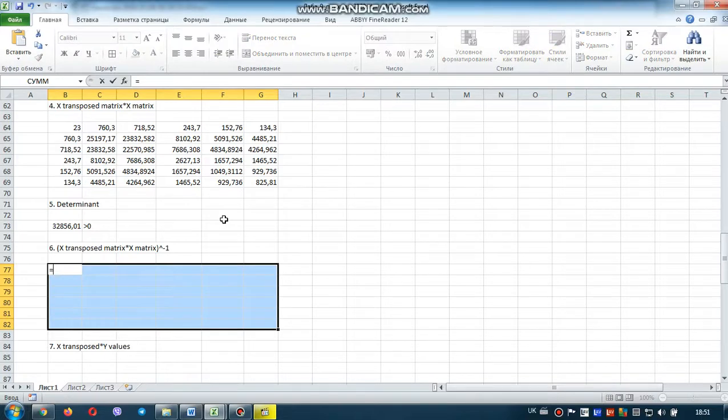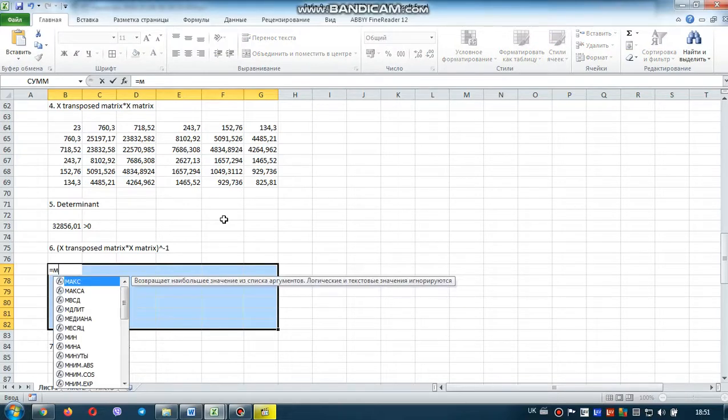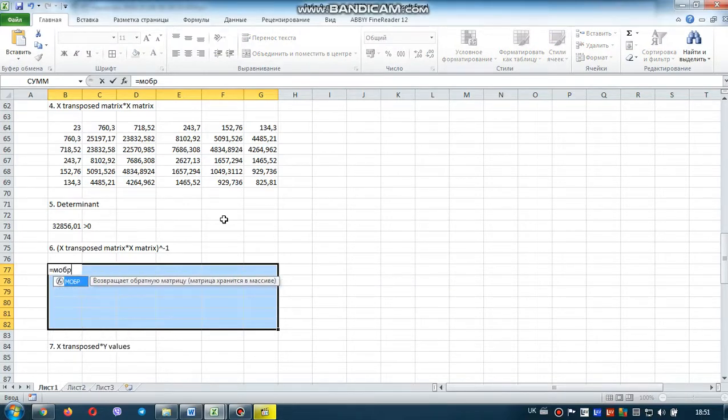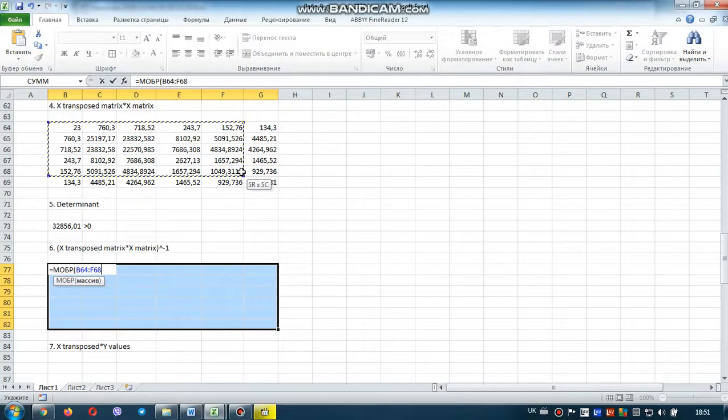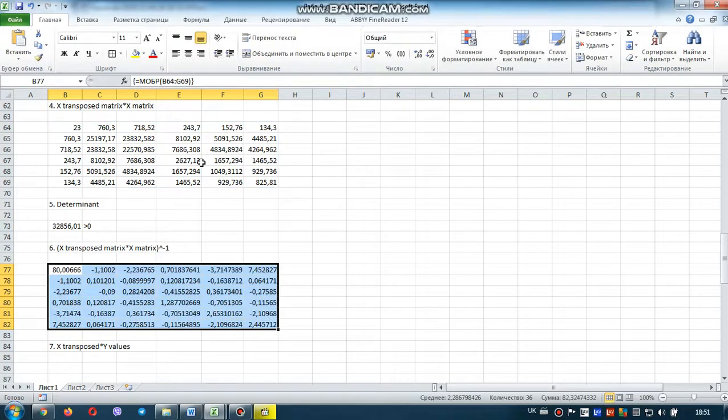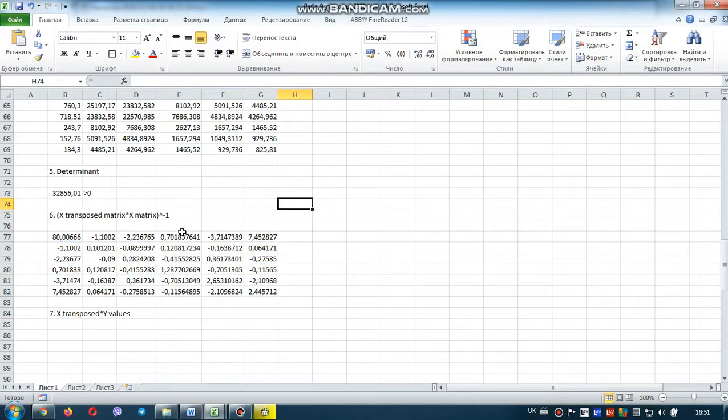Do equal and MOBR, and select our matrix, then press F2 and Ctrl Shift Enter, and we have already obtained the